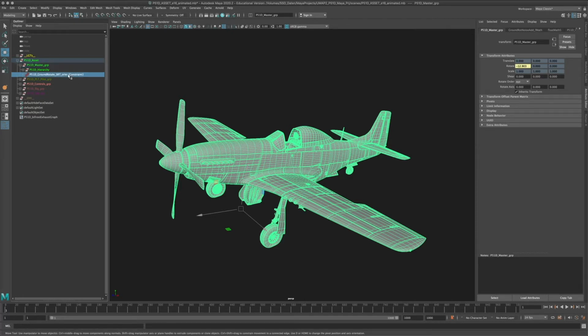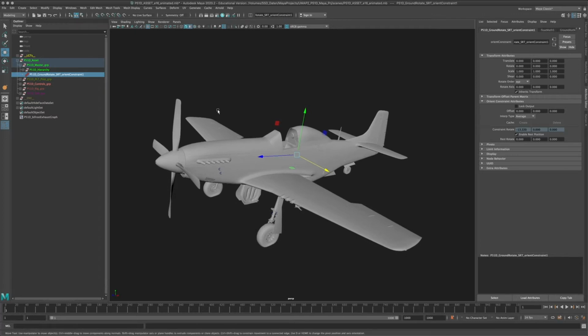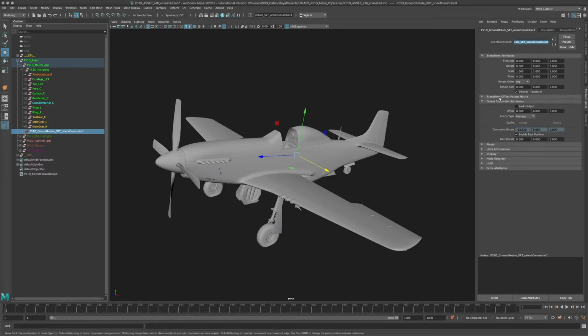I kind of switched a bit between constraints and offset parent matrix, depending on what I just preferred in the moment. In this case, on a production, I would probably stay consistent, but since offset parent matrix is pretty much new, so this is the transform offset parent matrix. In the attribute editor, it's actually a node connection. I try to use